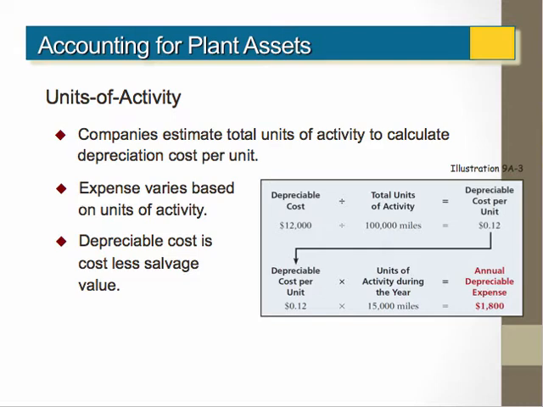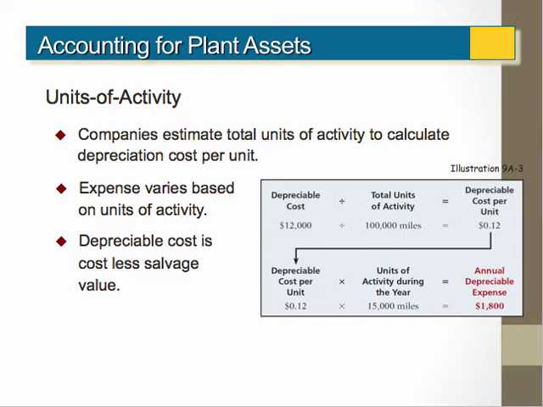The next method is called units of activity, and a lot of times companies like the units of activity because what it does is it takes depreciation on the actual usage of the asset. So for instance, in a delivery truck, we might say that the delivery truck can be driven for 100,000 miles as its useful life. So once again, from a formula standpoint, the depreciable cost is the cost of the asset